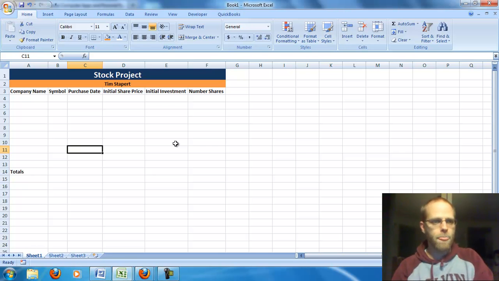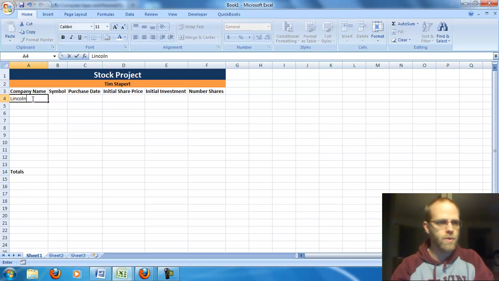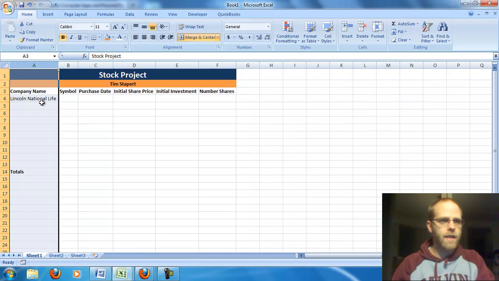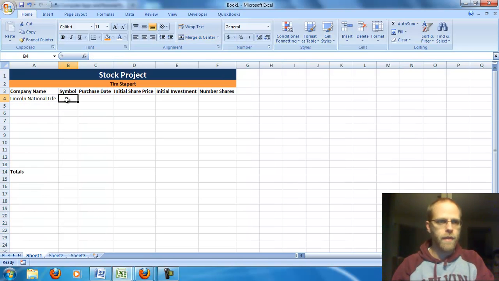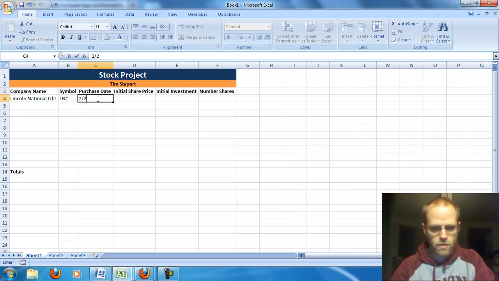And for the purpose of this, I'm just going to use Lincoln stock. Lincoln's the company I used to work for, Lincoln Financial Group. Actually, they go by Lincoln National Life now. And I'm going to, again, resize it and make it fit for that. And I know the symbol for Lincoln is LNC. And the purchase date, I'll use today's date, which is